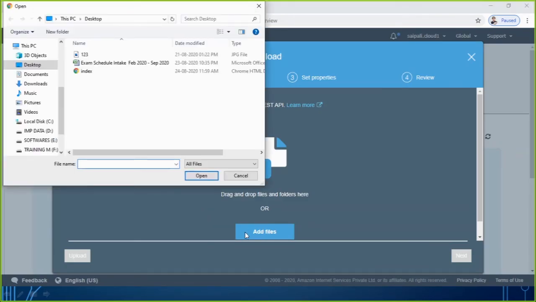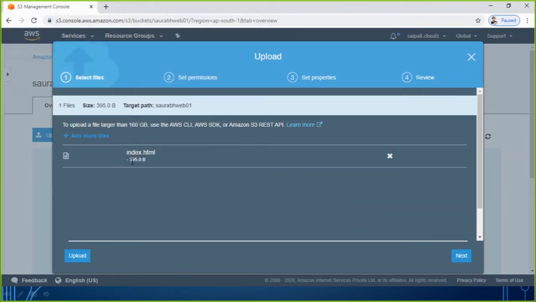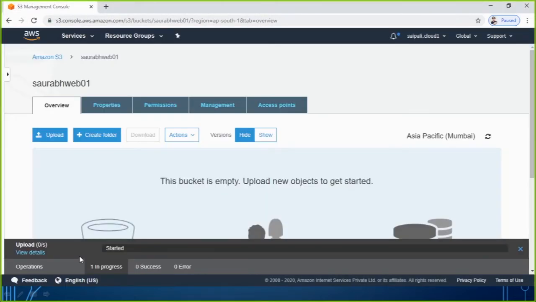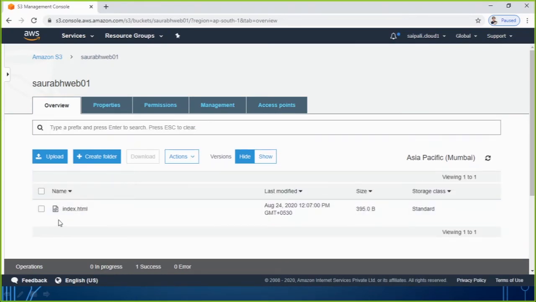Which file do I need to add today? The index file which we have created with the help of HTML. So I select that file and click on open. This is the file. I click on upload. So the file has been uploaded. Especially if you have a look at this point, it is showing an icon, like an open bracket and close bracket, which represents that this file is an HTML file. This is what we have. And right now, what is our storage class?